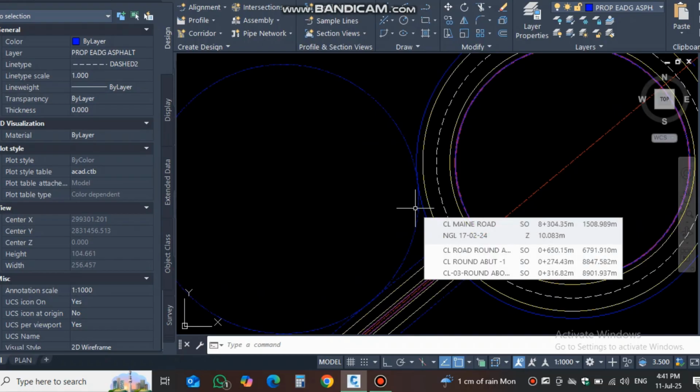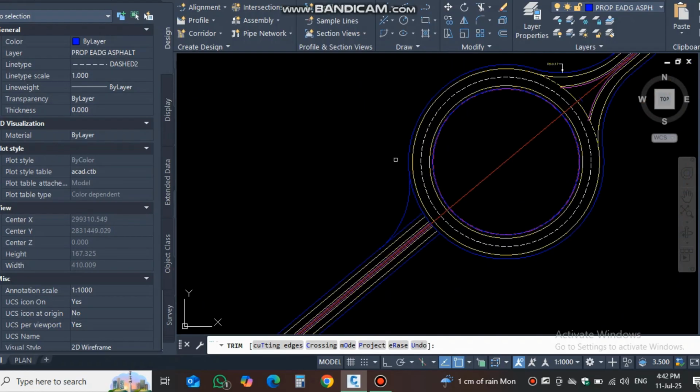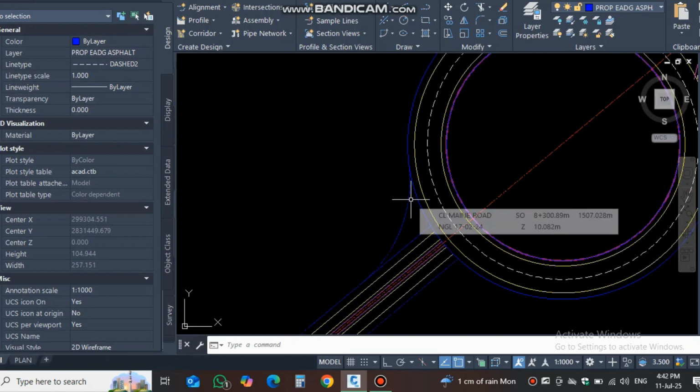So let's start with this one. I will again trim the circle from this side. So now you can see the smooth radius connecting here. Then